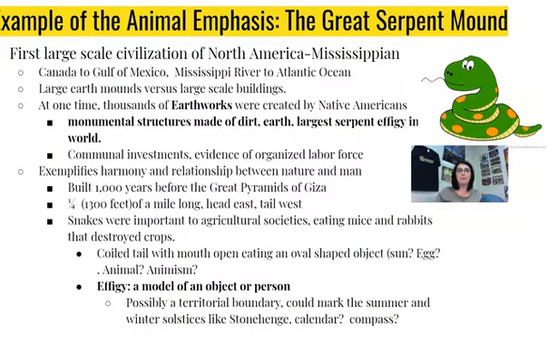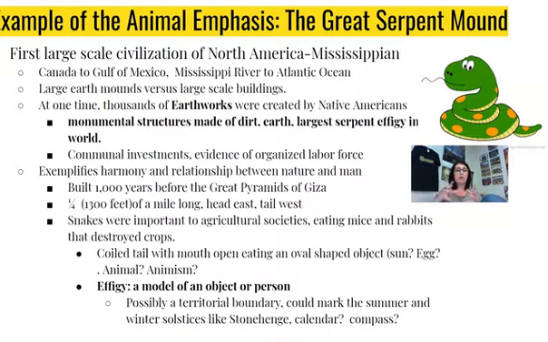It's a quarter of a mile long, and it runs along those cosmic directions. So the head is towards the east, the tail is towards the west. And these early cultures would have understood that the sun rises and things begin in the east and they end in the west. So the tail ends in the west. We've seen this with the Buddhist stupa. We know that the gates align towards the four cardinal directions. And these people never would have encountered this. In fact, this was made 1,000 years before the Giza pyramids of Egypt.